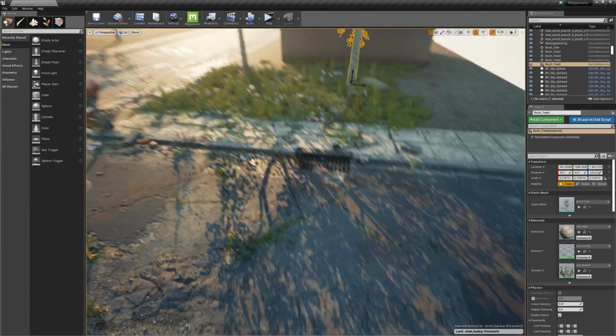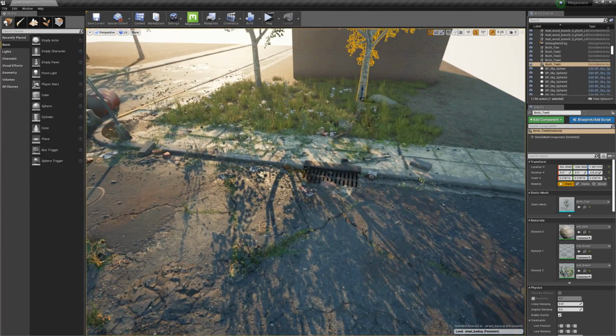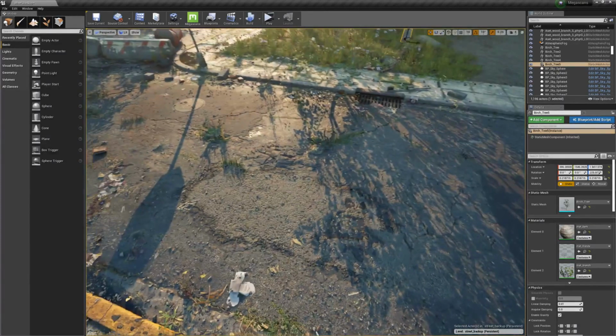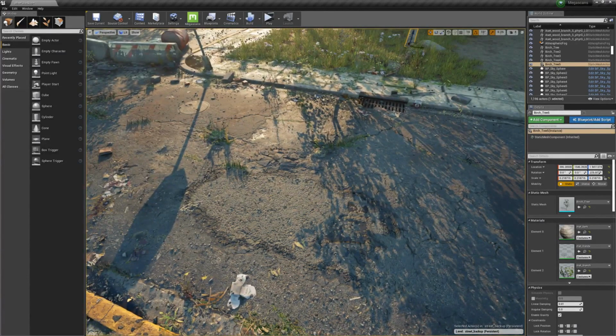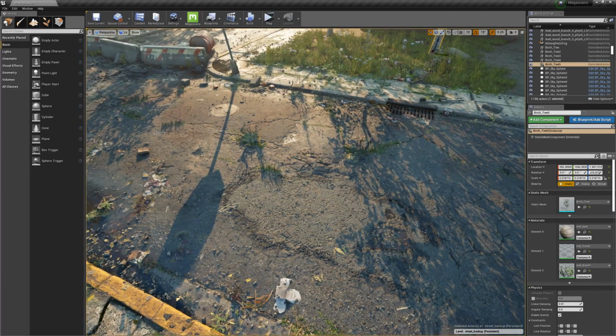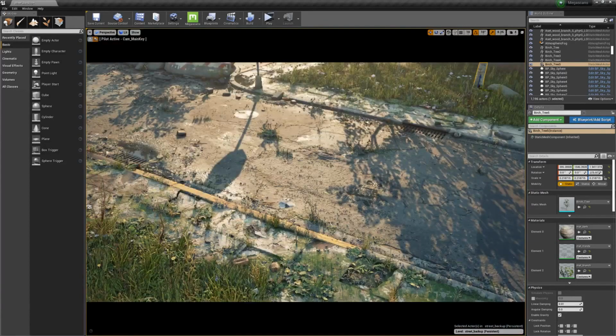Same thing with these trees here. I didn't have any trees, and so my colleague Robin Albertson was kind enough to send me a few trees that he put together, and I just threw them into the scene because I wanted the shadow casters. I wanted something to break up the road, because without them it was really bright, and there was no real contrast to the scene because the directional light just didn't have anything stopping it. I think that really added, especially for this main shot, a lot of visual interest to the